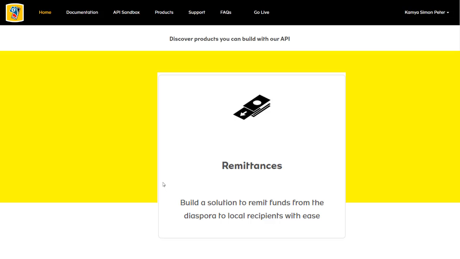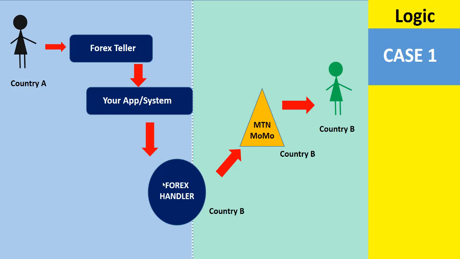I want to give you two scenarios, or the logic on how you can handle remittance, before we go to the other side. So I've created the first case. The first case is when it is the Forex handler themselves. What the Forex handler will do is create an app that runs in several countries, meaning there will be a Forex teller in one country, or a person using their app in one country, and that person could already have money with the Forex handlers, but the postpaid amount should be in that country where MTN is running, and this Forex company wants to do disbursement to